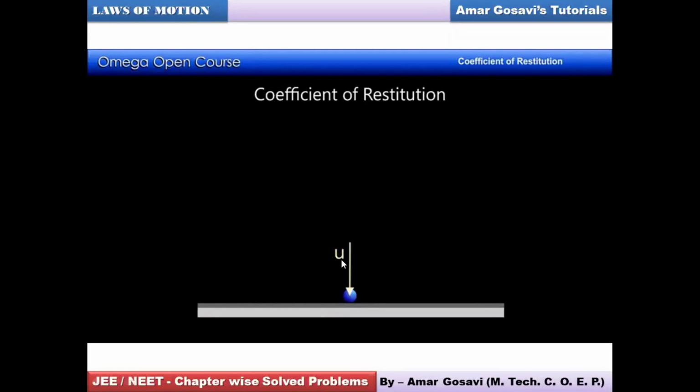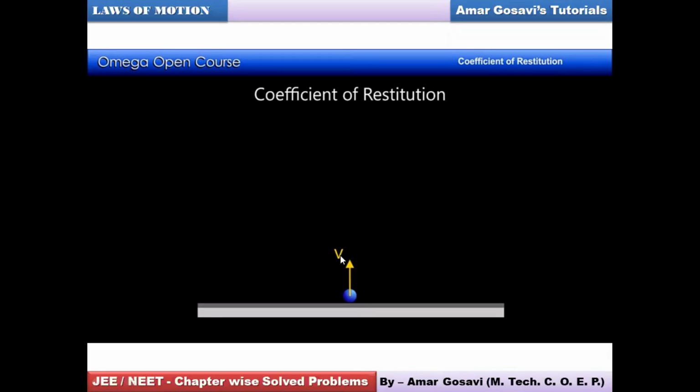Now when I say relative velocity of approach, it means it's the difference in the two velocities before the collision. Then after collision, what will happen? This ball will start moving with some final velocity, like say v. But the velocity of the floor is 0. So if I want the relative velocity of separation, now when I say separation, it means the part after collision, Gargi. That would be the difference between v and the floor, which is at rest, therefore 0. So v minus 0 is v.